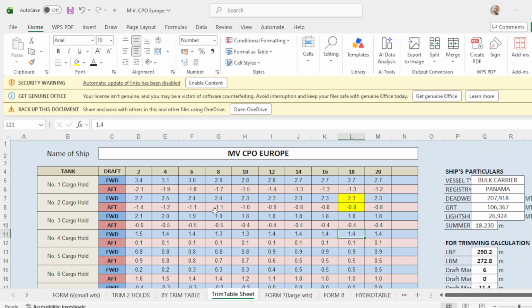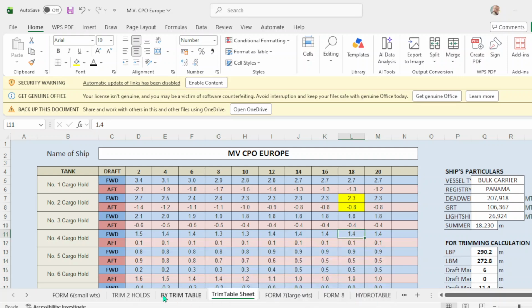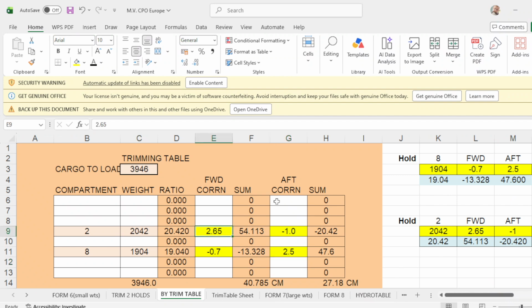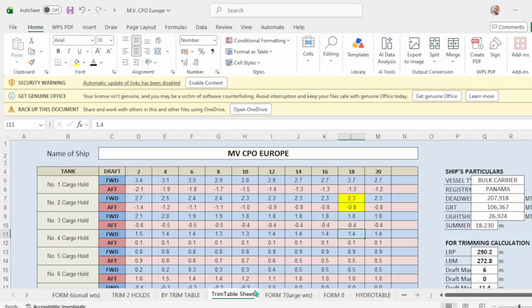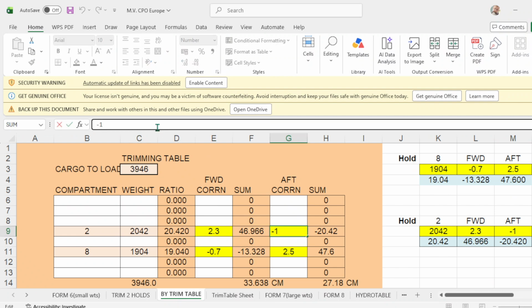So number 2, nearest is 18 meters. That is 2.3. So forward correction, hole number 2 is 2.3. You go to your program. So put here 2.3. And your up correction, how much? It is negative 0.8. Okay.